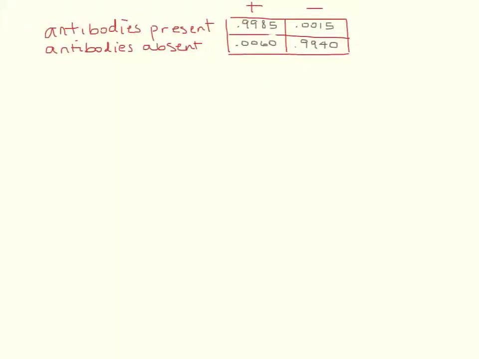The question we're looking at told us that 1% of the population has the antibodies. So we're going to start by making a tree diagram, and we're going to see what we end up with. Here's a little guy, and he either has antibodies,